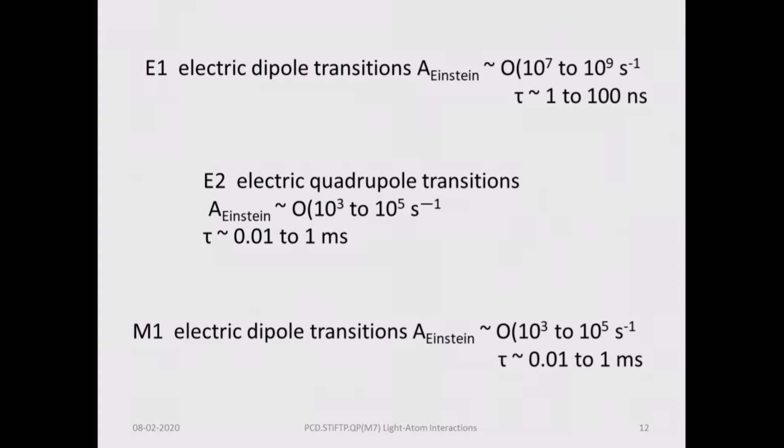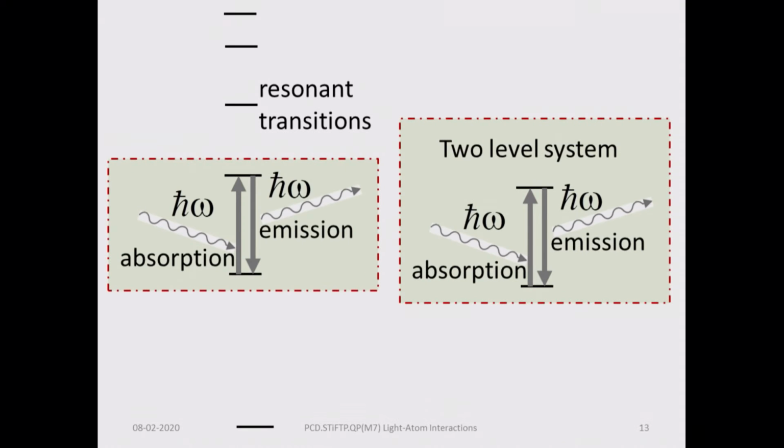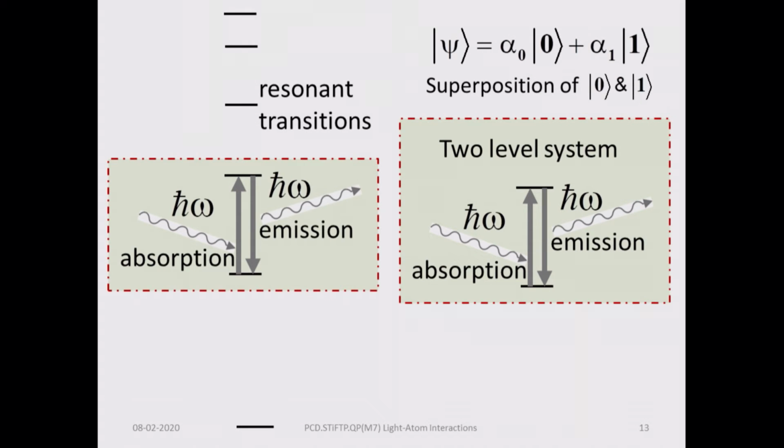You can also have a magnetic dipole transition, and they have different lifetimes. Okay, so we will now talk about these transitions in the two-level systems, and now we use formal quantum theory. So, focus on the two-level system,